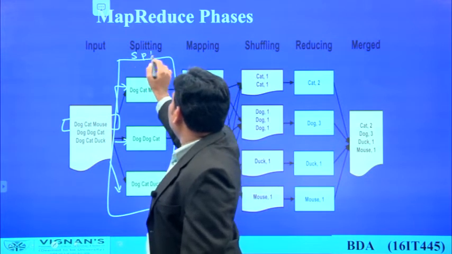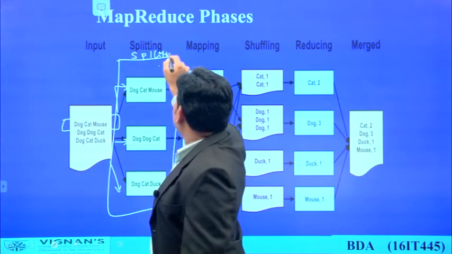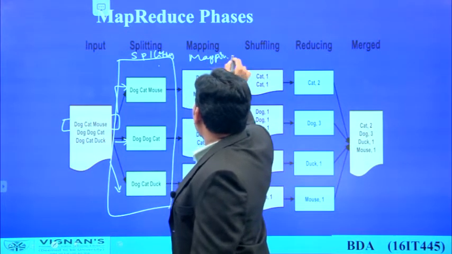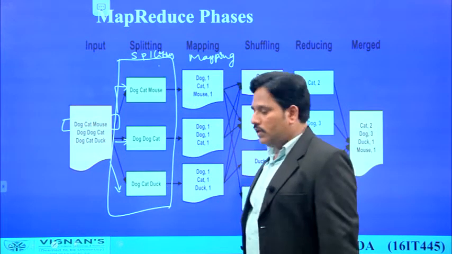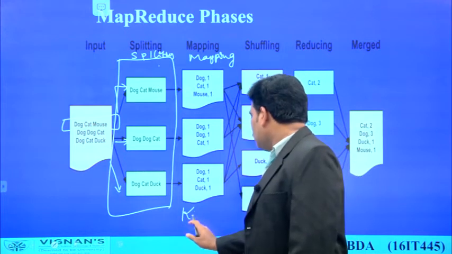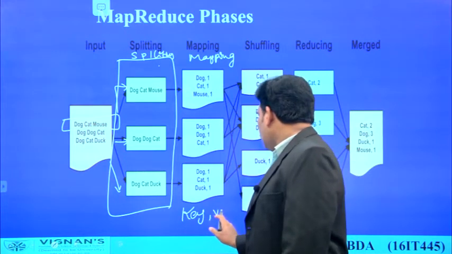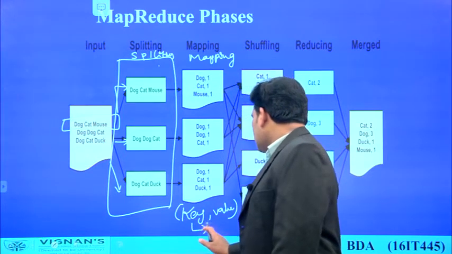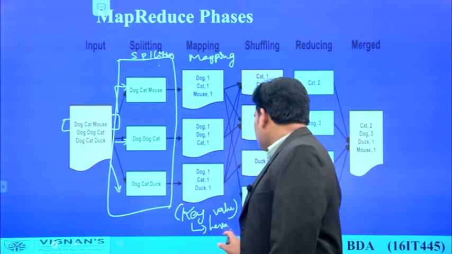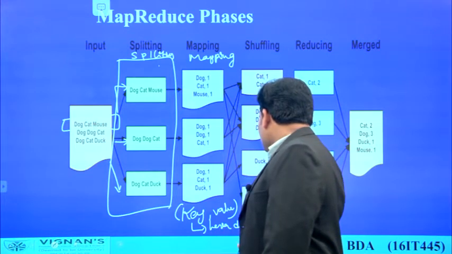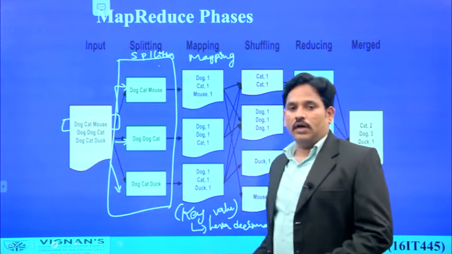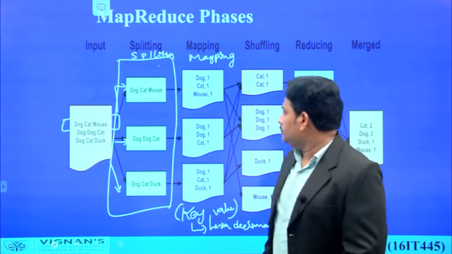the mapper will do the mapping operation. Now how is the mapping going to be done? Mapping is done based on a key value pair, key comma value. Now here key is a hexadecimal number. Key indicates the location of the data. Value indicates its count or value of that data.